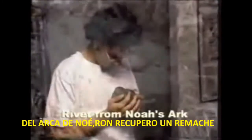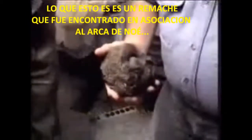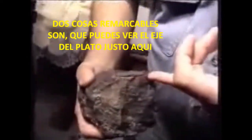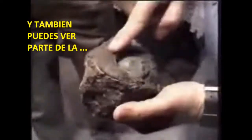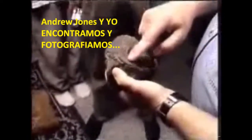From Noah's Ark, Ron retrieved a metal alloy rivet. This is a rivet that was found in association with Noah's Ark. What's remarkable is you can see the edge of the plate right here, where it ends. And you can also see part of the head of the rivet, and where, as Ron says, it was struck while it was hot, and the hot metal flared out and made it larger than the hole so it wouldn't slide back through the plate. When I was over there in June of '97, Andrew Jones and I found and photographed